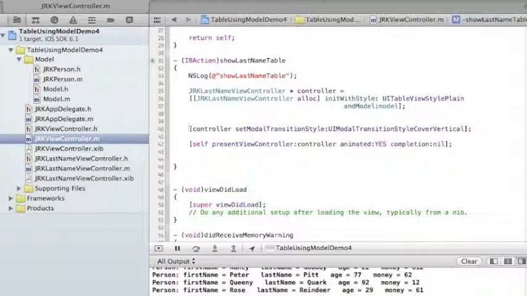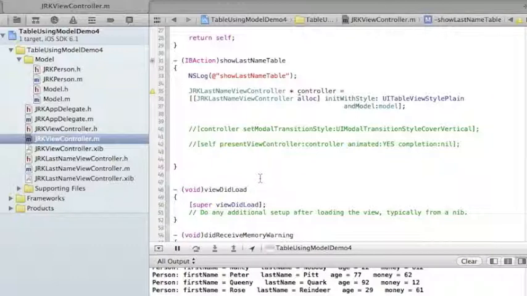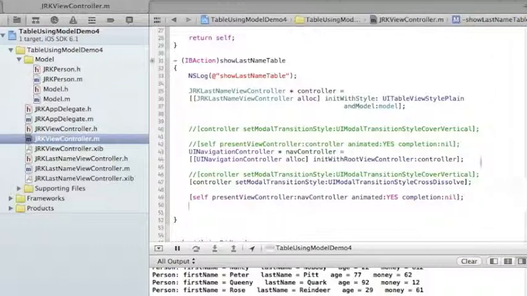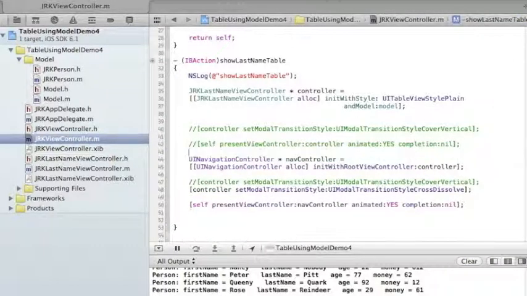We'll go to the grkviewcontroller.m and add some new code. I'll just comment out a couple of lines here, and paste in new info. We have